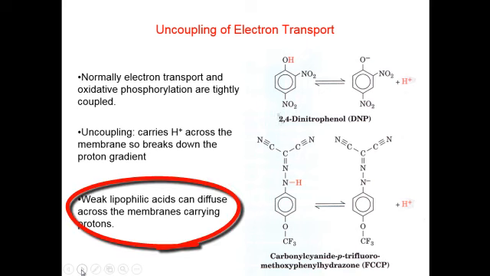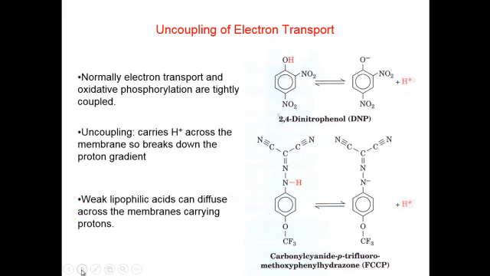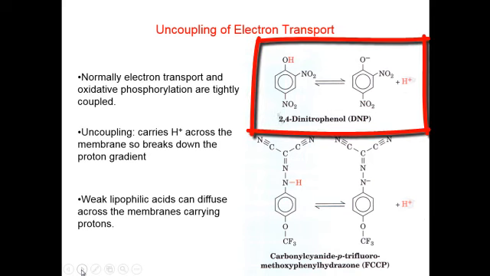So in other words, they're weak acids. They can donate protons depending upon the pH of the environment, but they are lipophilic. In other words, they are mostly fairly hydrophobic, so they can get across the membranes. So if we look at the top one, the 2,4-dinitrophenol, usually abbreviated DNP, you can see the acidic proton on